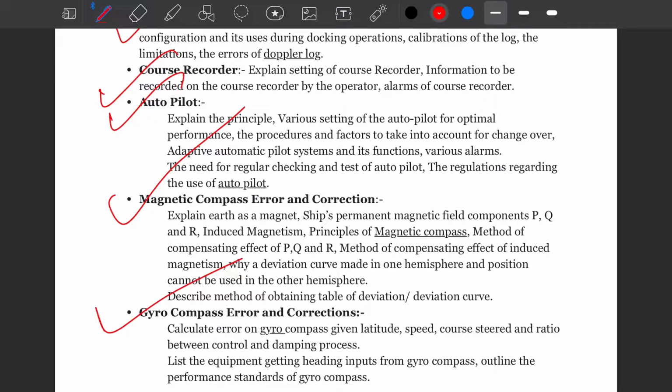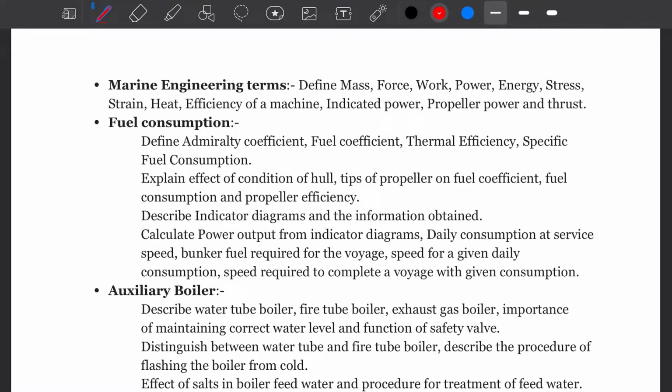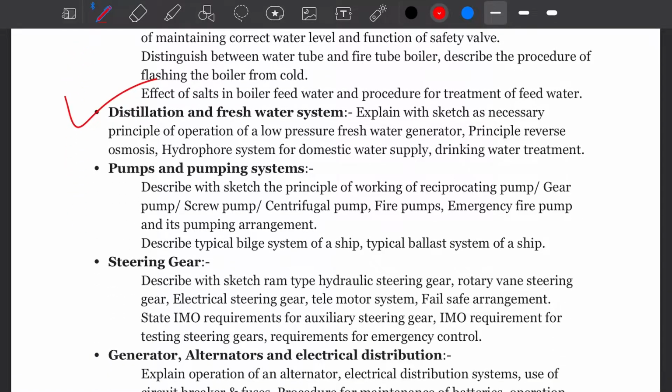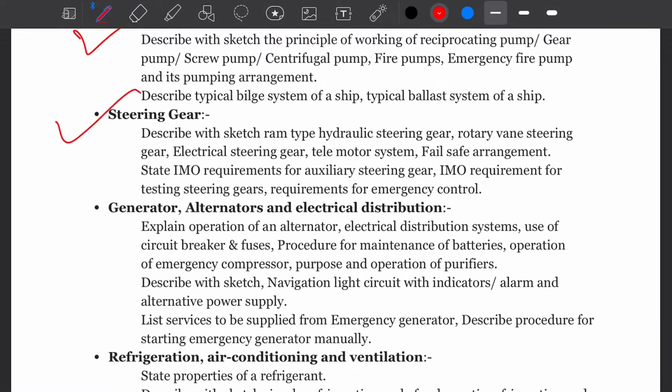Now paper 3 will be general engineering knowledge, that is your marine engineering terms, very important. Fuel consumption, auxiliary boiler, distillation of fresh water, means your hydrophore, these things are there. Pumps and pumping system, steering gear, IMO requirement, that requirement is like 35 degrees to 30